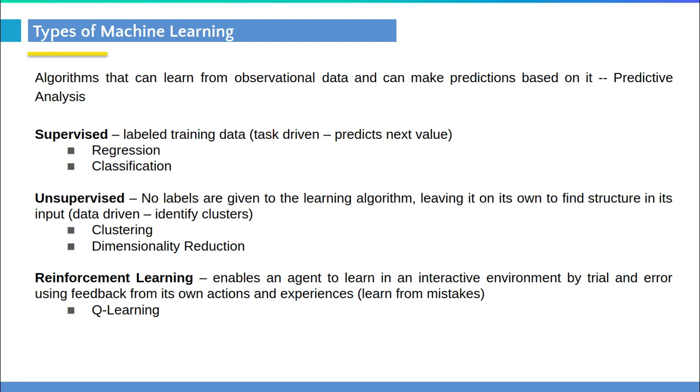So the regression, the classification, right? We may have algorithms like logistic regression, support vector machine, KNN, Naive Bayes. Those are some of the algorithms which can be used for solving your classification problems. We may have some regression problems, where we can use linear regression or polynomial regression. And we have something called clustering problems that come under unsupervised machine learning, right? We may discuss clustering algorithms like k-means clustering and